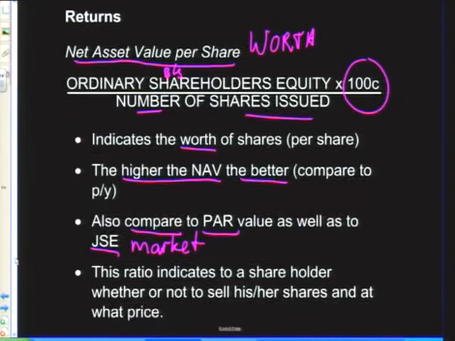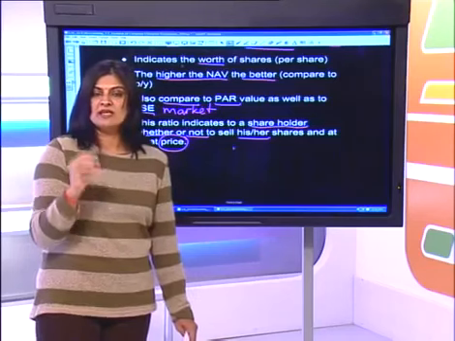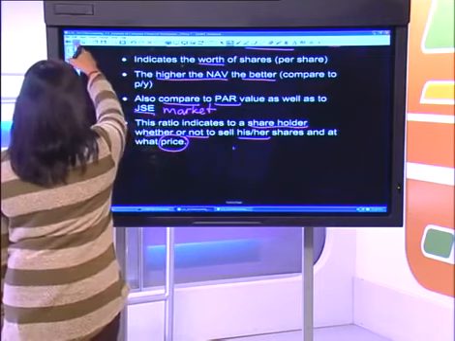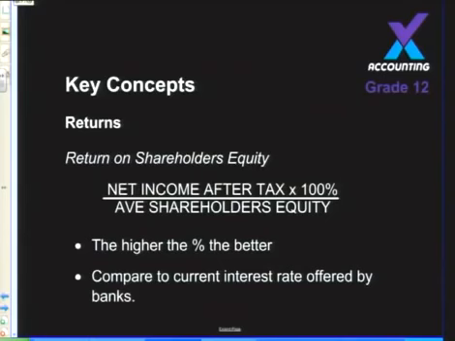Okay. Right, this ratio indicates to a shareholder, remember, because shareholders are interested in your return ratios, mainly your shareholders, whether or not to sell his or her shares, and also at what price. Okay, that's very important. Net asset value, at what price can I sell my shares? Okay, right, and then guys, the very last ratio that we are discussing before we look at an actual example